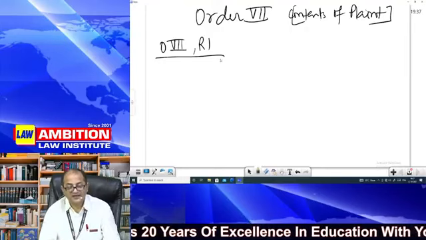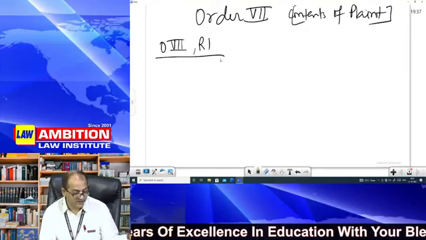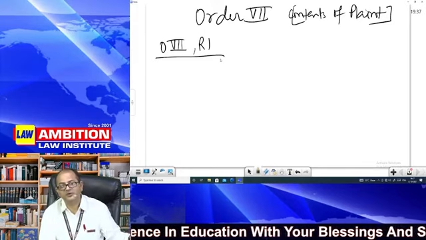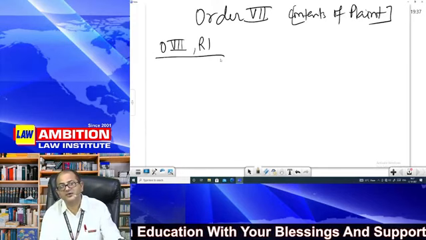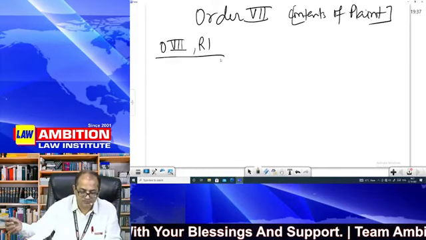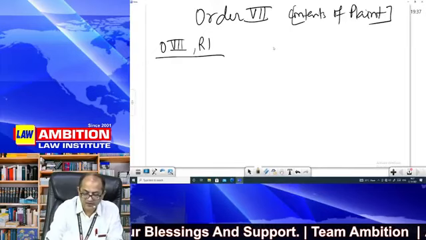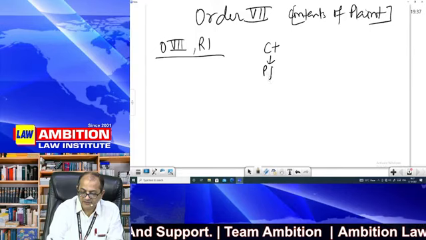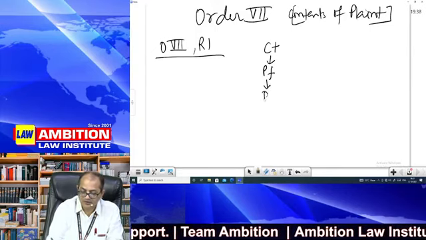Now see how easy it is. It's very easy to understand here. First of all, the court will come in the picture. You will file it in court, in the plaint. Which court will it go to? The lawyer will tell that. Court. Who will go to the court? Plaintiff. Against whom will he go? Defendant.